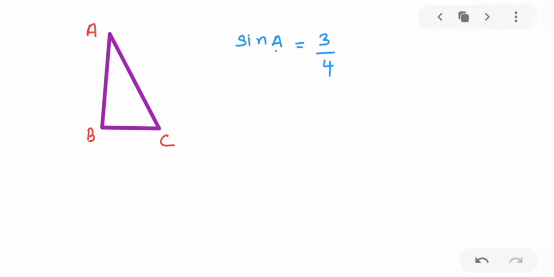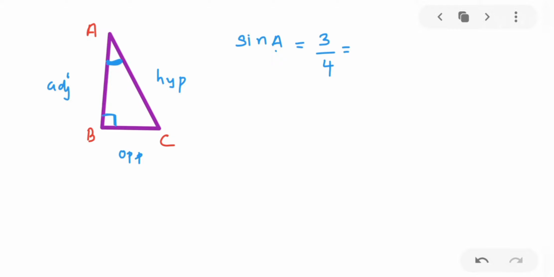So let us choose the reference angle. We have to choose the reference angle as A and not make A 90 degrees. So let us make B 90 degrees and construct the triangle where B is 90 degrees and A is the reference angle. For the reference angle A, BC becomes the opposite side, AB becomes the adjacent side and AC is the hypotenuse. For the given relationship, sine A is 3 by 4.